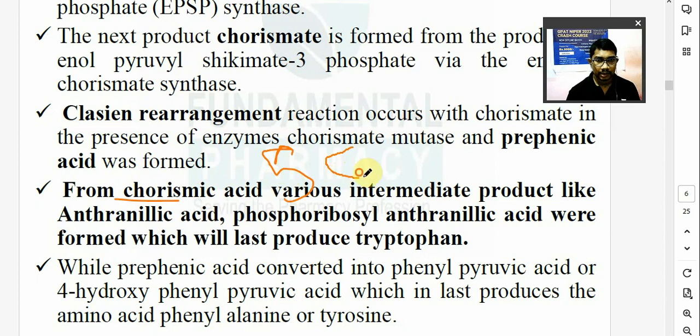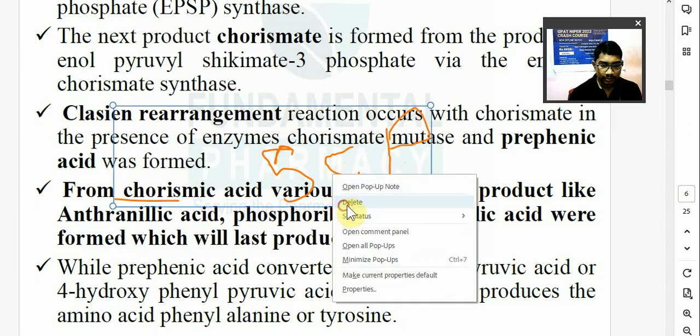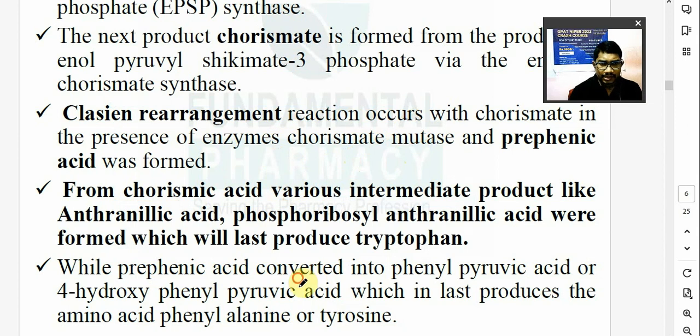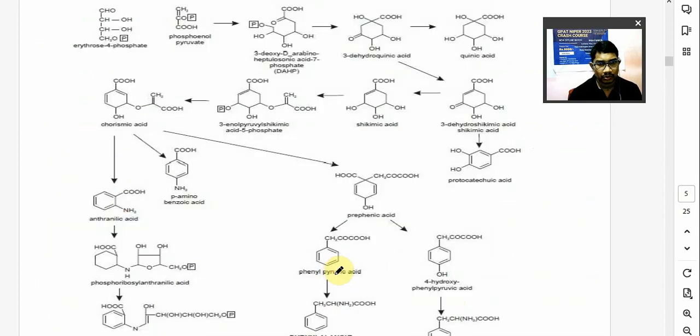Dehydroarabinoheptulosonate phosphate. It's called DAHP. It is catalyzed by the DAHP synthase enzyme. Then this DAHP is converted to 3-dehydroquinic acid by the dehydroquinate enzyme. From the dehydroquinic acid, you will get a quinic acid